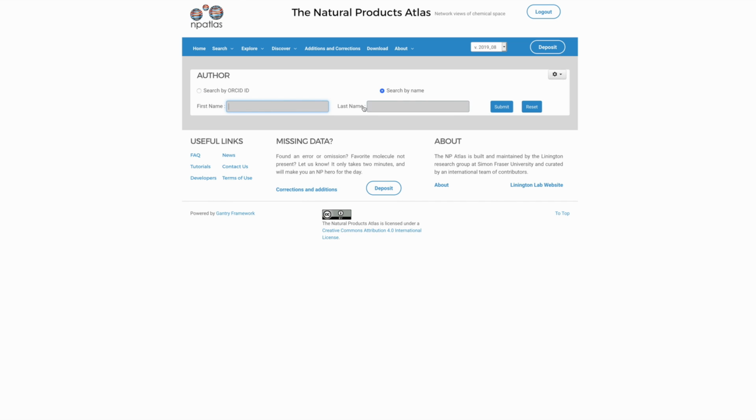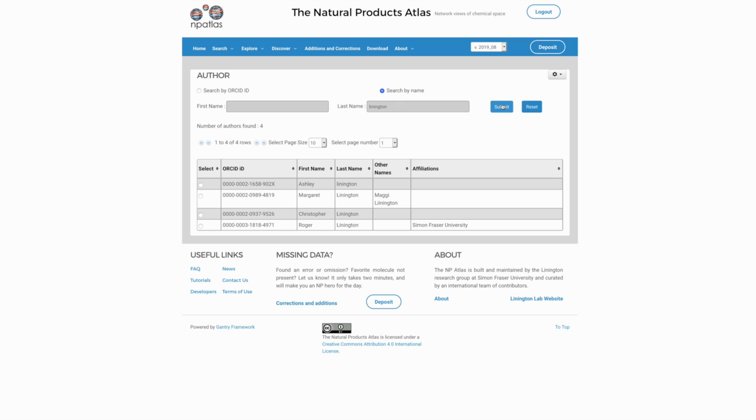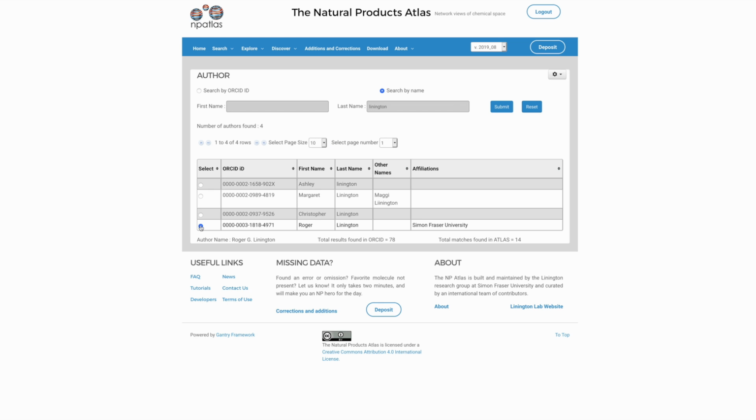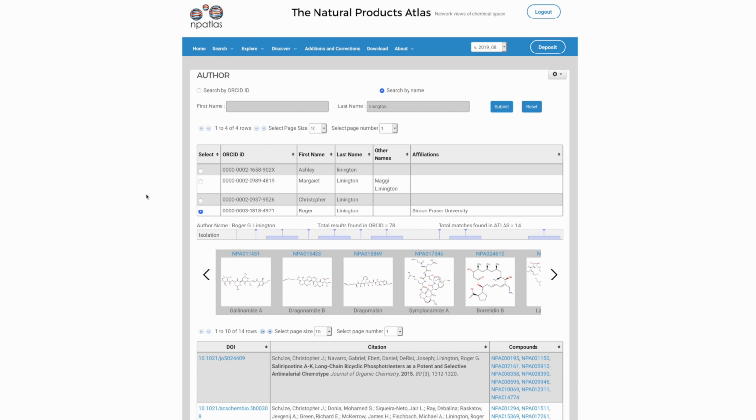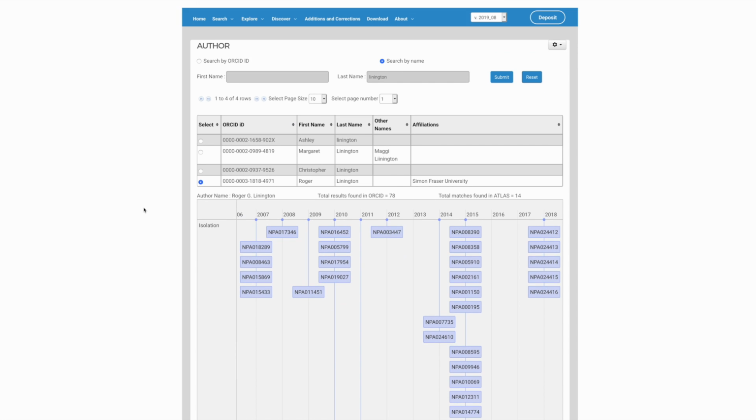and I will put in just my last name, and search, and our database will search ORCID for all the authors who have this as a last name. This is me here, and if I select this, the Atlas will then take the papers associated with that author in ORCID and look and see which of those papers are in the Atlas,